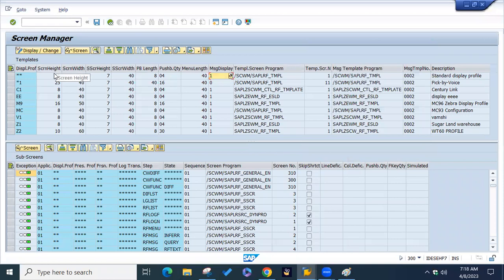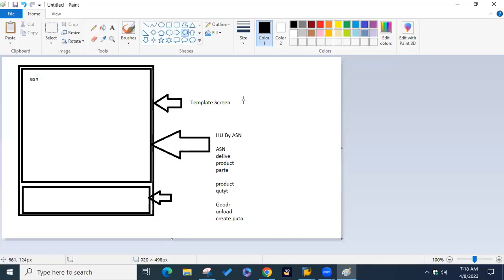Here we have given the screen height, screen width, and subscreen height, meaning, for example, this template screen height is